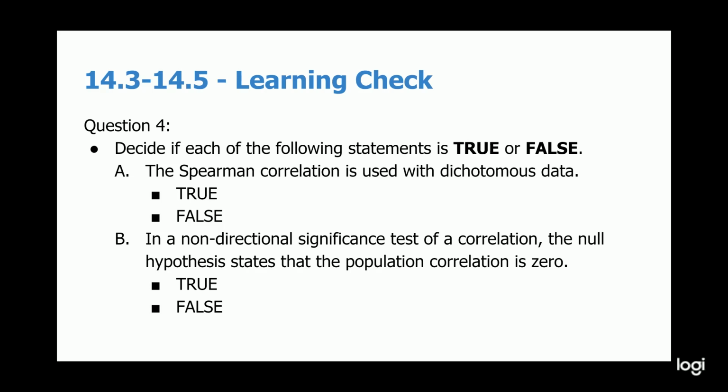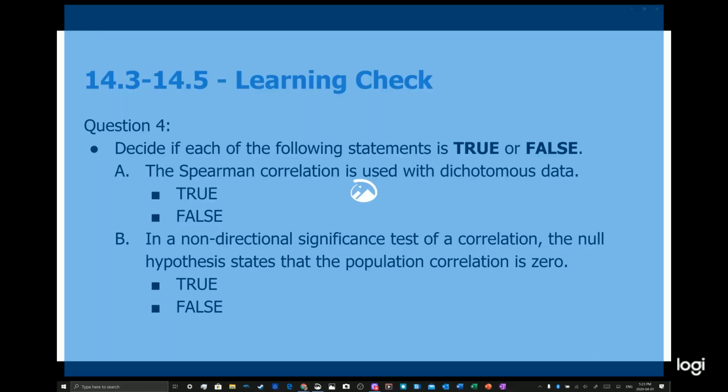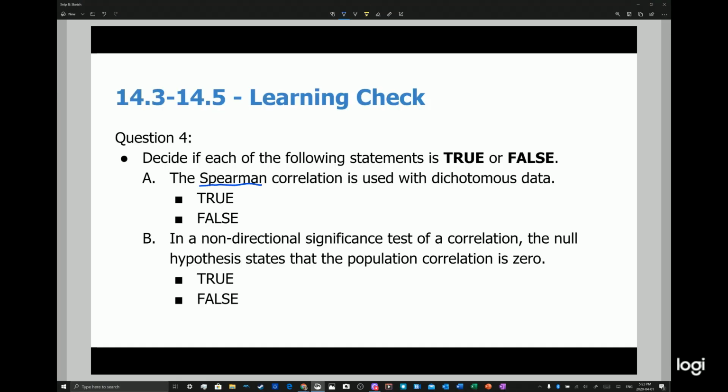Okay, question 4, two parts. A, the Pearson correlation is used with dichotomous data. Sorry, I keep reading these wrong. The Spearman correlation is used with dichotomous data. True or false? And B, in a non-directional significance test,